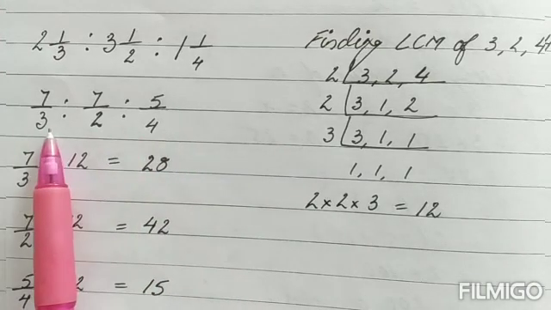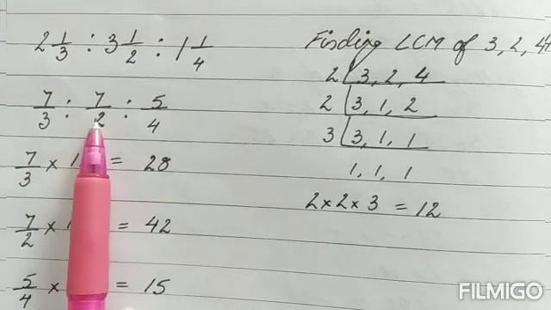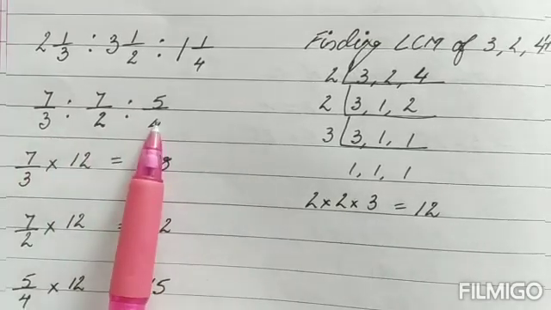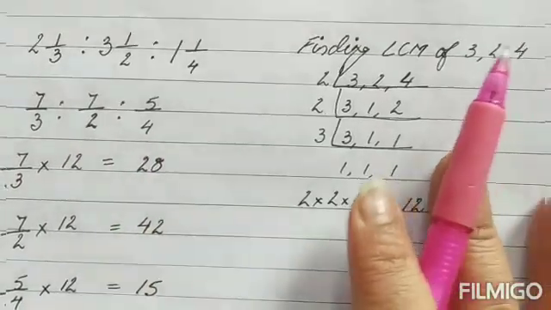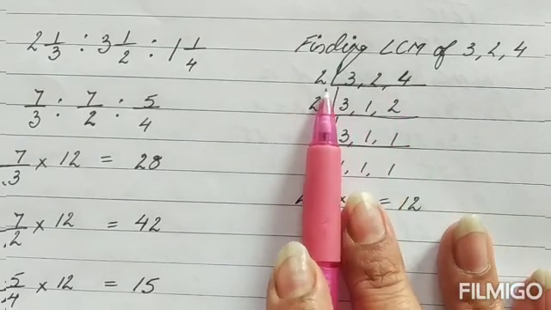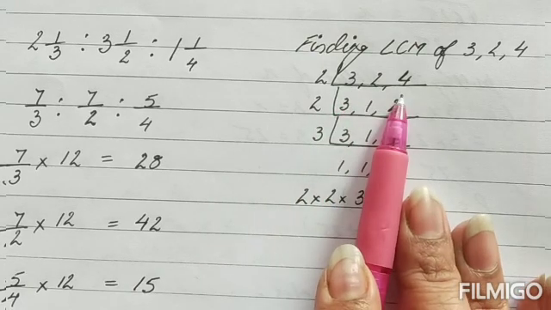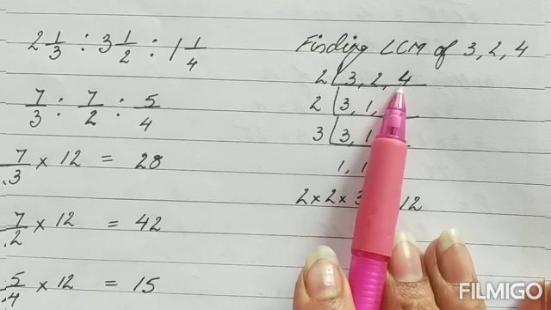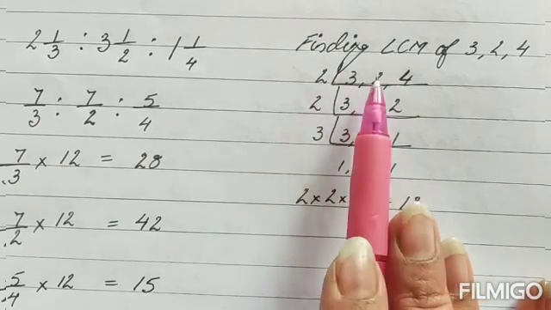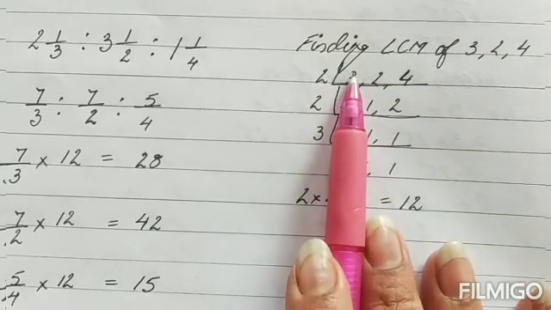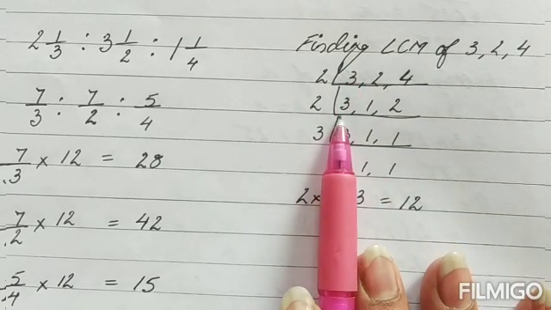Now another thing to be done over here is, children, we have different denominators. So you are going to find the LCM of these denominators. I have done the method over here, how to find the LCM. Right? I have taken all the numbers together. Now we start with the smallest number which can divide any of these terms. So I have taken 2 because 2 can divide 2 also and 4 also. So with 2 we do the division. 3 will not be divided, so I'll write 3 like this only.